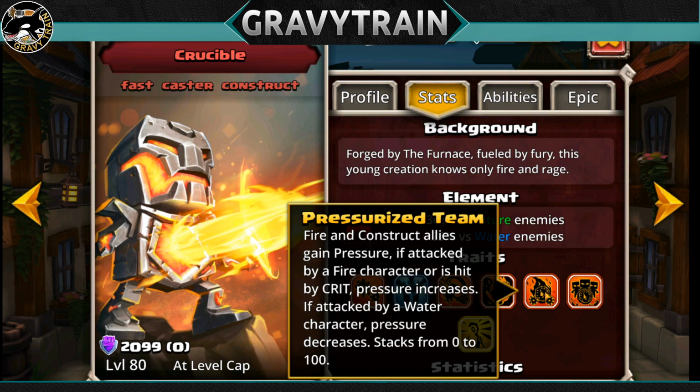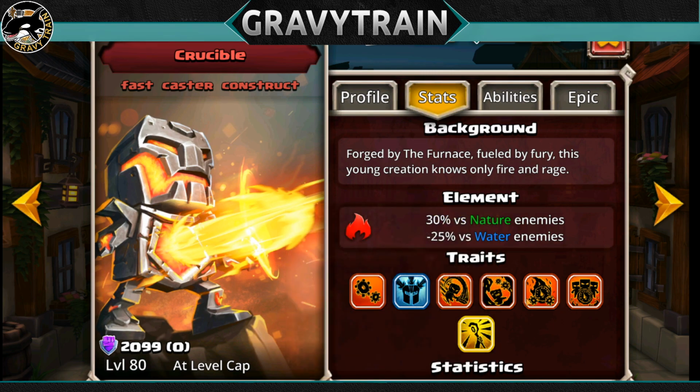Pressurized Team. Fire and construct allies gain pressure. If attacked by a fire character or hit by a crit, pressure increases. If attacked by a water character, pressure decreases. Stacks from 0 to 100. I have no idea how this is going to apply yet, like if it's per damage or what, so we'll see how that works. I mean, it'll work basically the same way it does for Furnace, but...